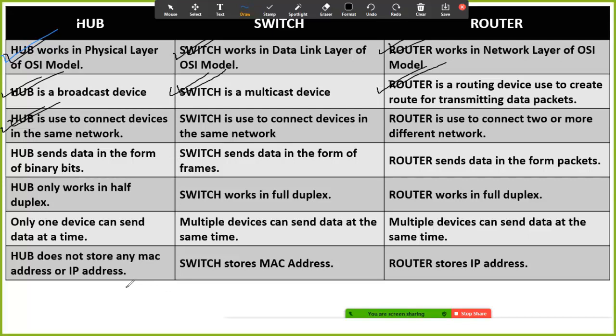If there is only one network and there are multiple computers, you can use a hub to connect all the devices. Anyhow, no one is using hubs right now. Switch is also used to connect multiple devices in the same network, but